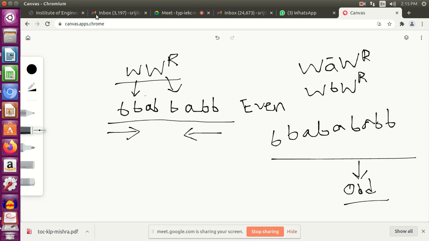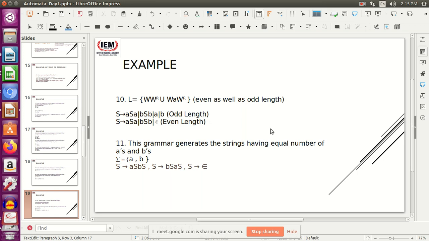Okay, so now coming back to the question, we have to construct a grammar which recognizes all odd length as well as even length palindromes over a comma b. The question is clear? Now coming to the grammar, what we are supposed to do is, if you look at the production rules, you will see that this is for odd and this is for even. Okay, so for the odd one, what we have done is, see, whenever we say that a string is palindrome, it always means,